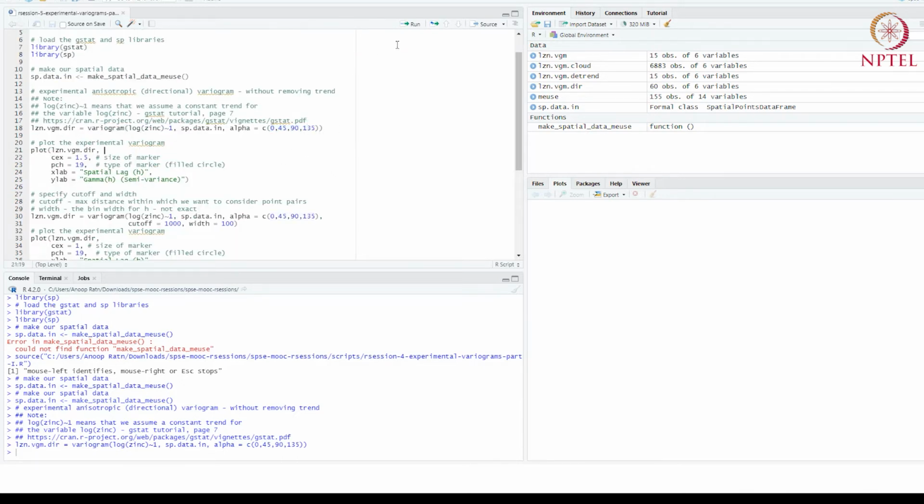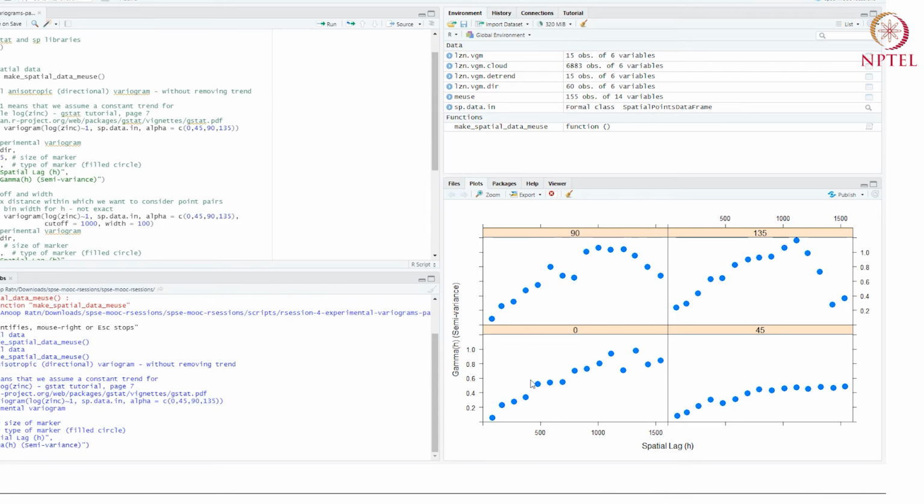And once it does that, we would like to plot the variogram. So now, as is expected, instead of 1 plot, we get 4 plots. And each of these corresponds to a directional variogram in a particular direction. So let's read this plot here. This bottom right plot is the variogram that corresponds to the north, the 0 direction, then 45, and then 90 up here, and then 135, right?